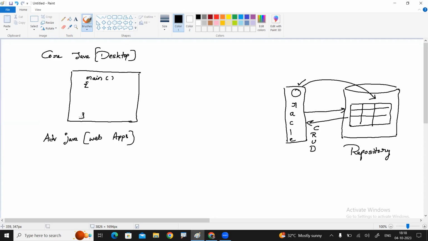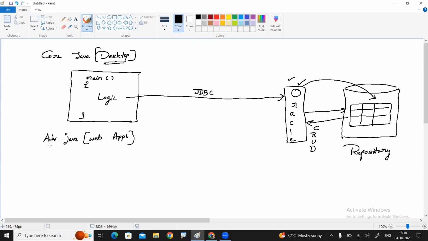From this core Java application, you can connect with the database. The complete logic you are writing here. And this is a desktop application. How can you communicate with Oracle and perform operations? Here also we use JDBC.